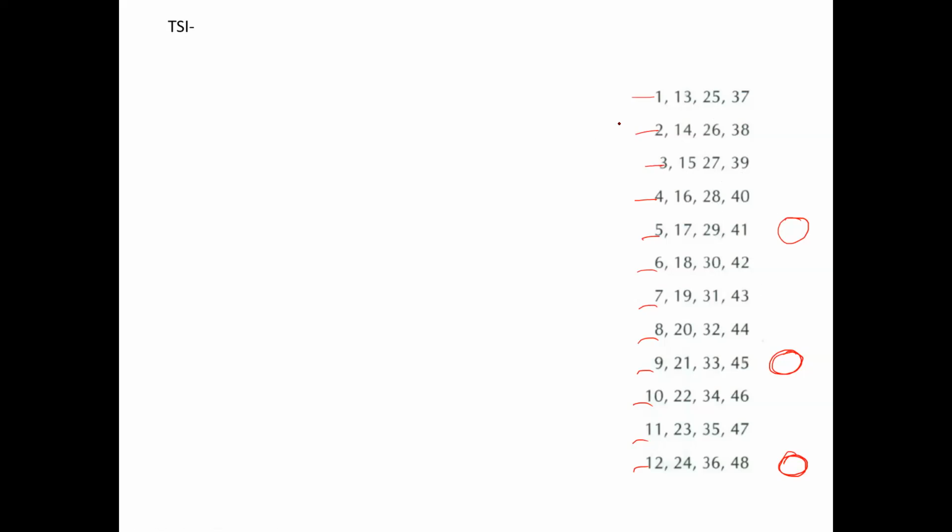You have to do horizontal totals. So these are the question numbers. In question number 1, you wrote 4, suppose. In question number 13, you wrote 2. In 25, you wrote 3. In 37, you wrote 4. So 4 plus 2 plus 3 plus 4, that is 12 plus 1, 13. So 13 is your total. That is what you have to do. Got it? Okay.